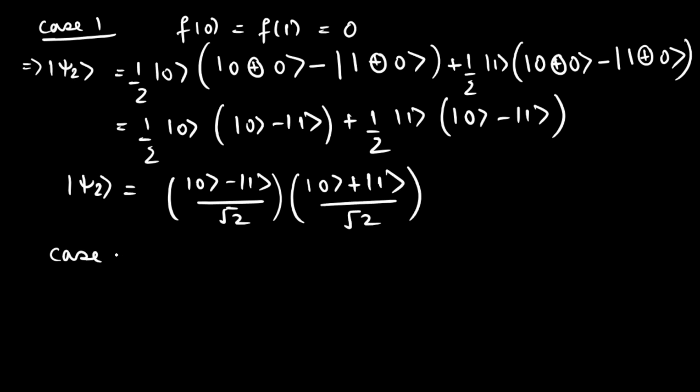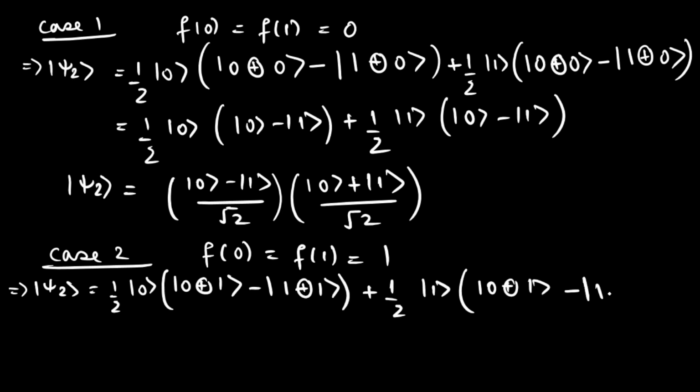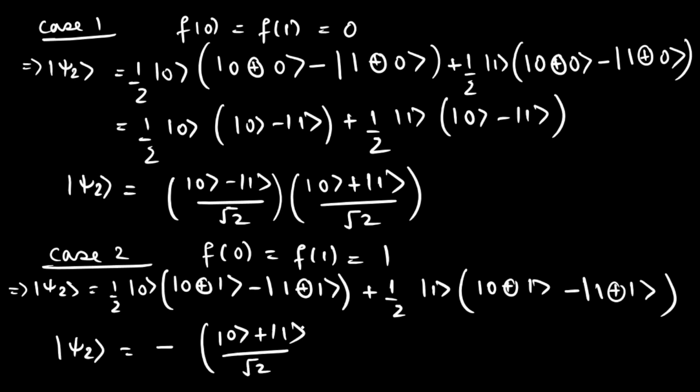So in case 2, if our f(0) is equal to f(1), which would be equal to 1, we'll have psi2 equal to half |0>(|0 XOR 1> minus |1 XOR 1>) plus half |1>(|0 XOR 1> minus |1 XOR 1>). And similarly, by solving this, we'll get finally psi2 equal to minus of (|0> plus |1>)/root 2 and (|0> minus |1>)/root 2,